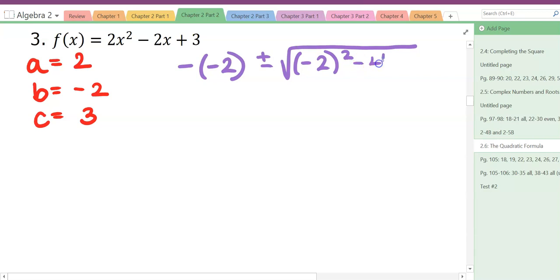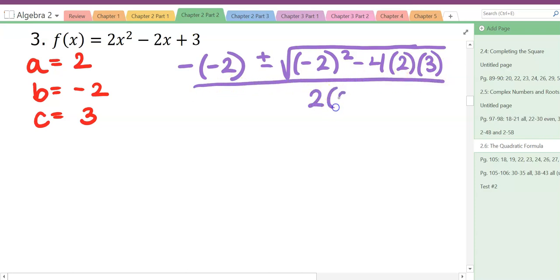Then -4, a is a 2, c is a 3, all over 2 times a, 2 times 2. Okay, so make sure that yours matches mine. Now I'm going to do some simplifying. So I have 2 plus or minus, -2 squared is +4, minus 4 times 2 times 3 would be 24,